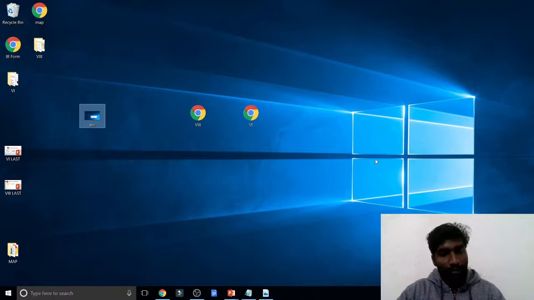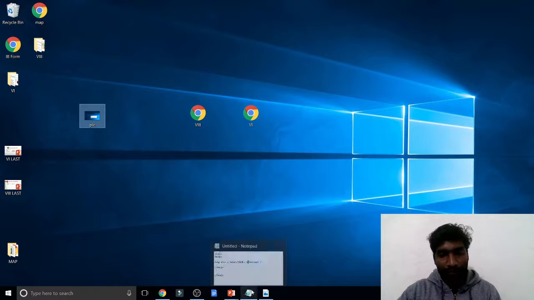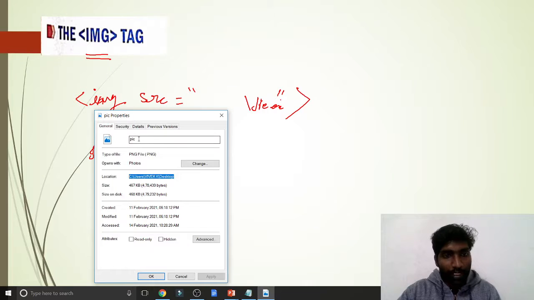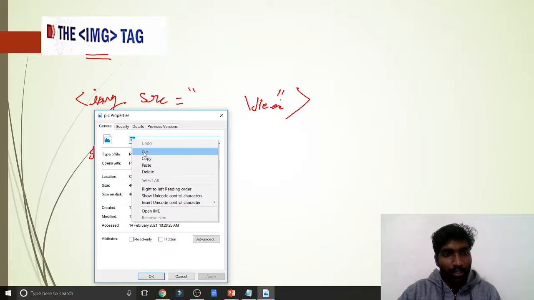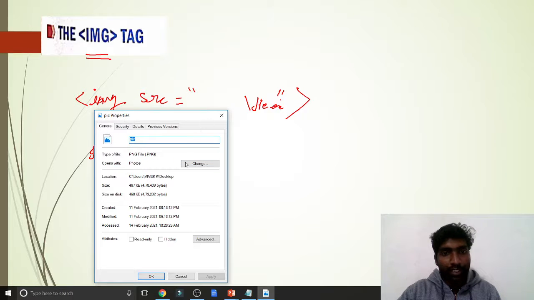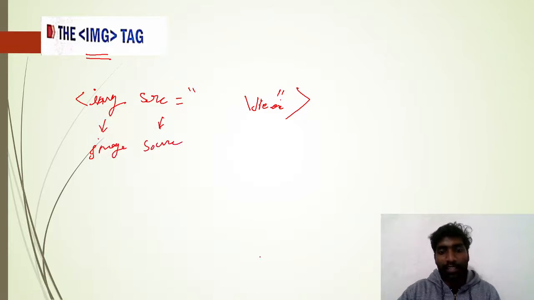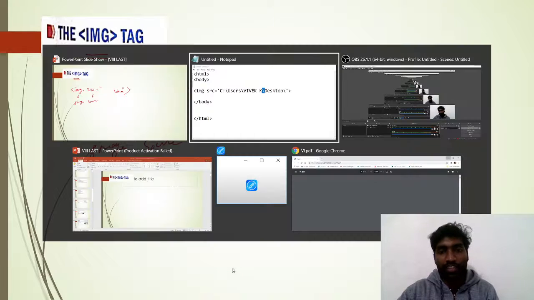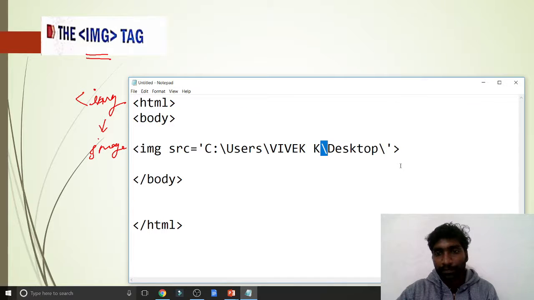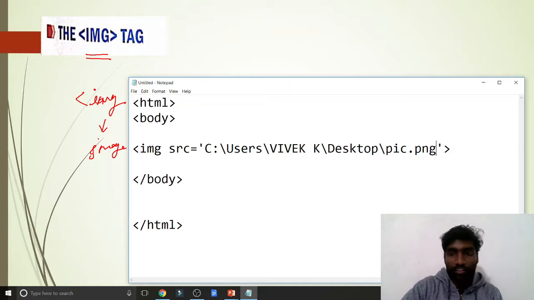Now, what is the file name? Open the properties. The file name is pic. Copy it, and the extension is .png. It is compulsory, you should mention the extension.